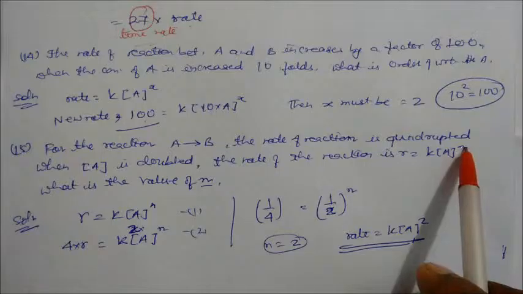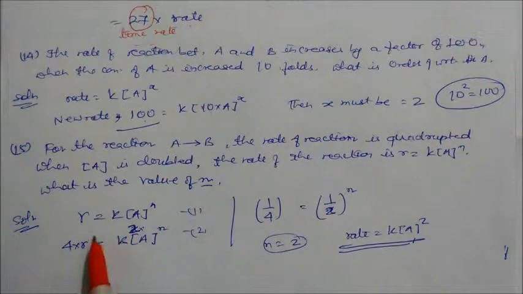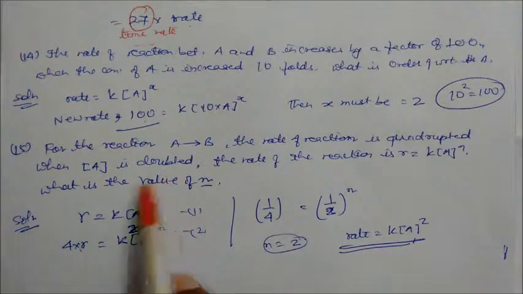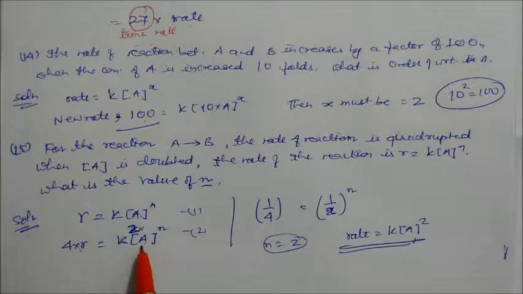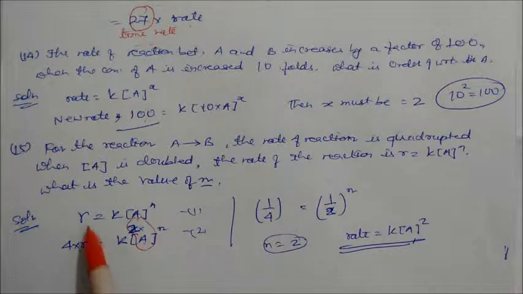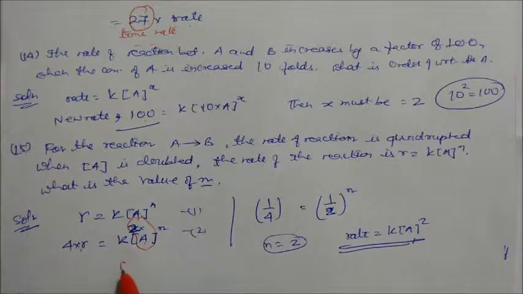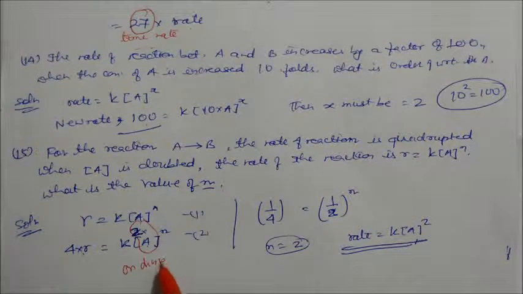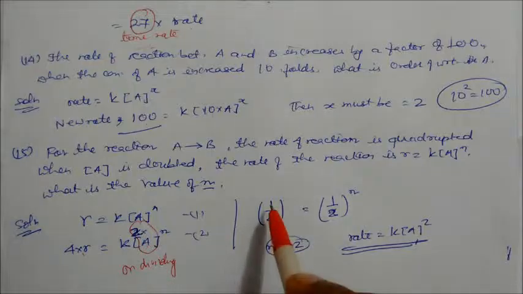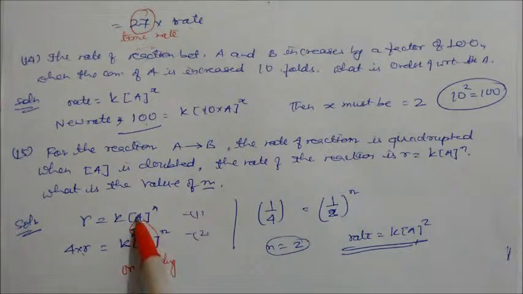If you divide this by this, on dividing you will get 1 by 4, and this will be 1 by 2 to the power n. So this is nothing but 1 by 2 whole square. So n is equal to 2. So the rate will be k A to the power square. So the value of n is 2. So the order of reaction for this is